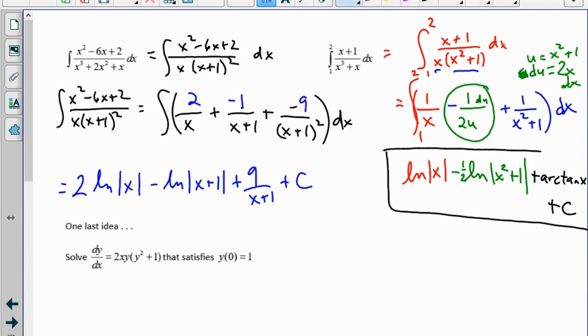So that is the problem on the right. Oh my, it's a definite integral. My bad. So plus arctan of x, and then we have to evaluate this from 1 to 2. So let's try that again. When I evaluate this and I sub in 2, I get the natural log of 2 minus 1/2 times the natural log of 5 plus arctan of 2